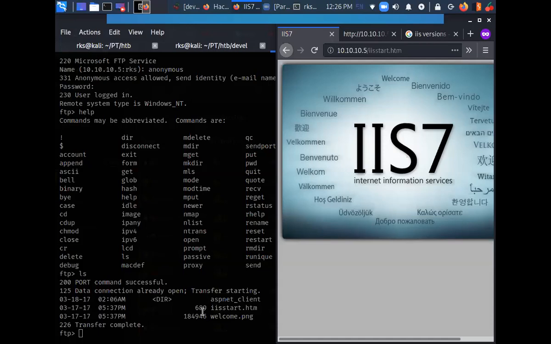But what I can do is try to upload some kind of server side language. Like in case of Linux, you would have observed PHP files. PHP files are server side languages. In case of Windows, we have ASP and ASPX files. These are the languages which are understood by the server and can be executed by the server.